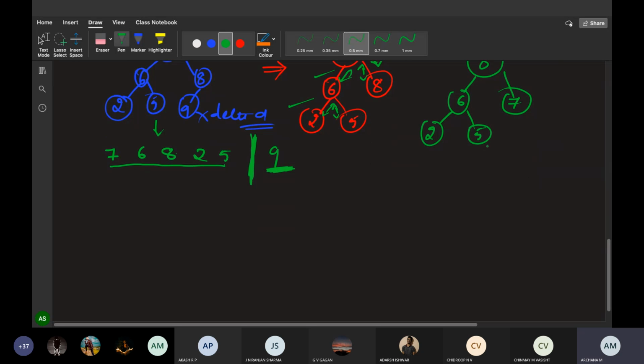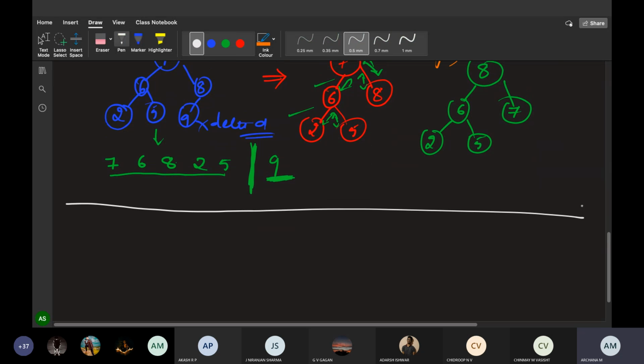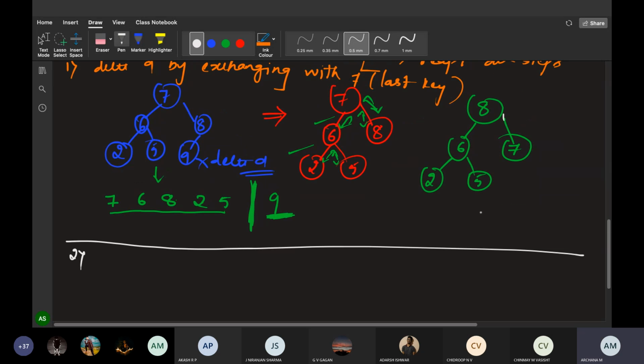Okay, now this is a tree. First step is completed. Now I have to go with the next step. That is, repeat the same process by taking the trees. That's all. Now second step is what? What do I have to do? I have to take this tree, and here what should I delete? In this tree, what should I delete? This is the final tree of the first step. What should I delete in this? Tell me. 8. Always see to it that you delete only roots. You have to keep deleting only the roots. Okay. Next step is delete 8 by exchanging. With what do we exchange?